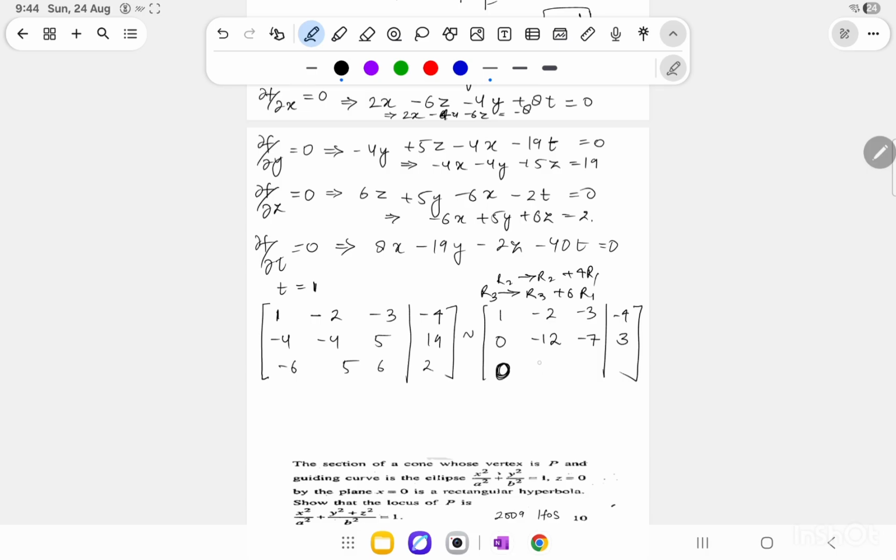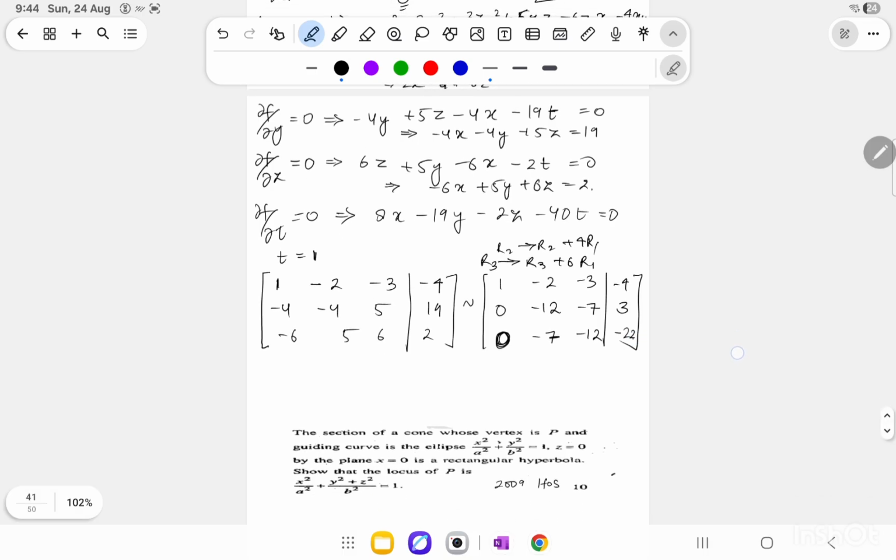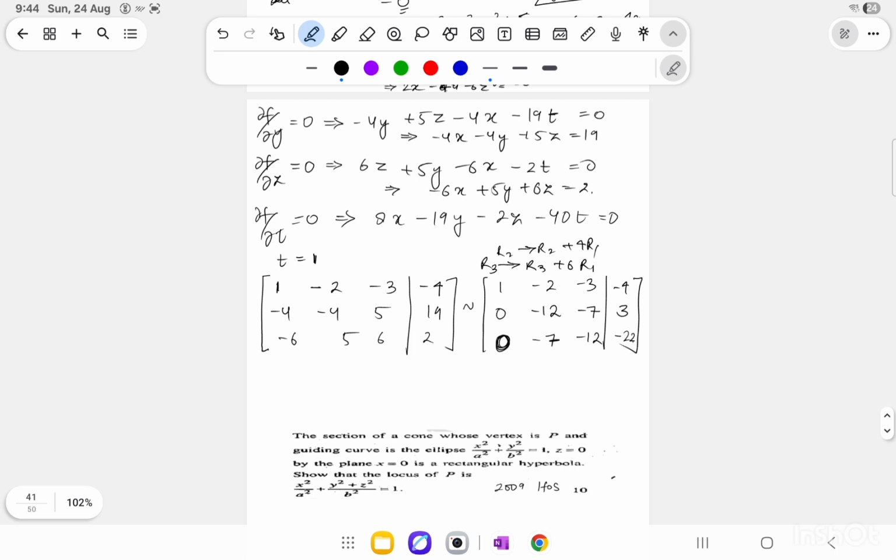6 to 12 minus 5 minus 7. Likewise, minus 18 plus 6 minus 12. 6 4 is 24 minus 2. Here I'll get minus 22. So if I further simplify it, I will get